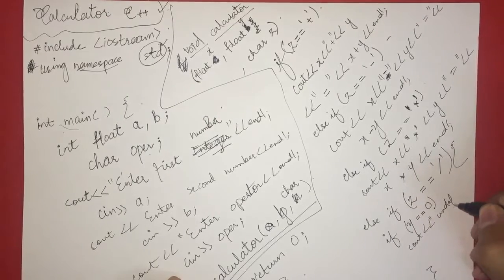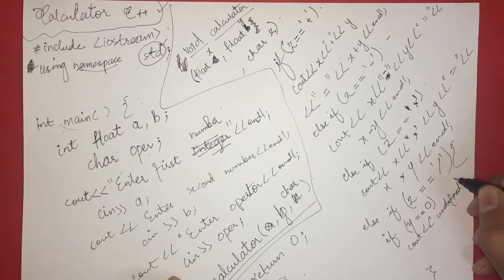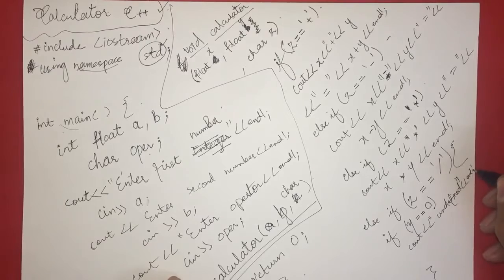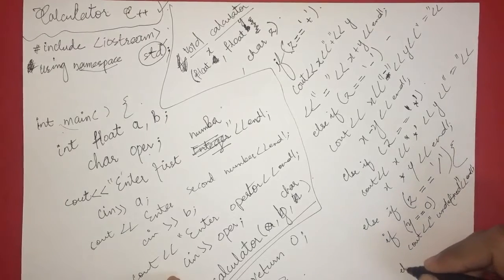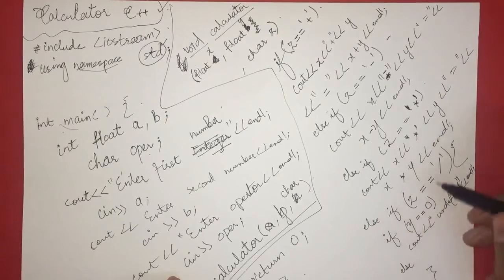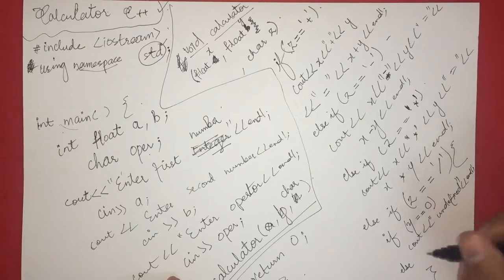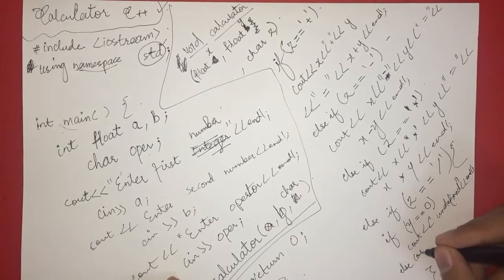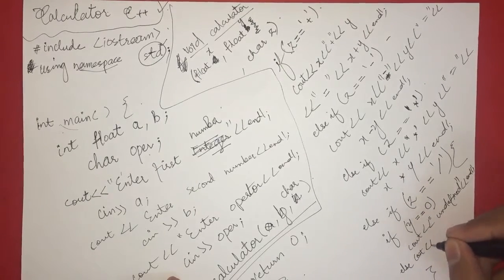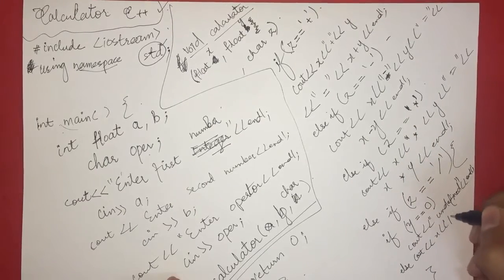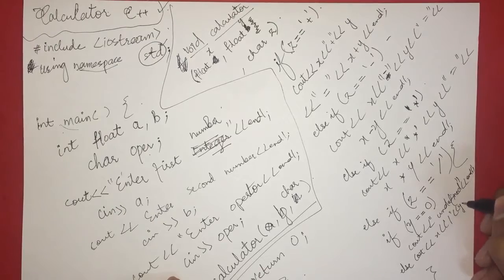It lets the user know that the answer of this expression is going to be undefined because the denominator is 0. And else, if y is not equal to 0, then cout the same, the x divide y equals